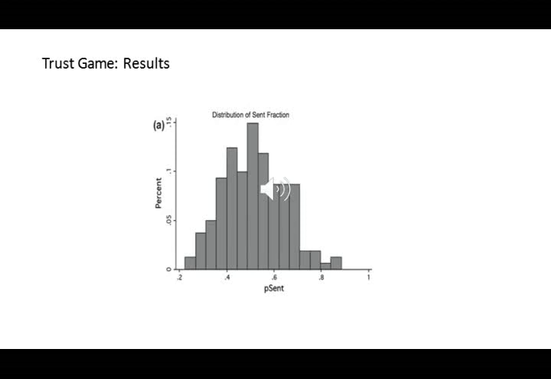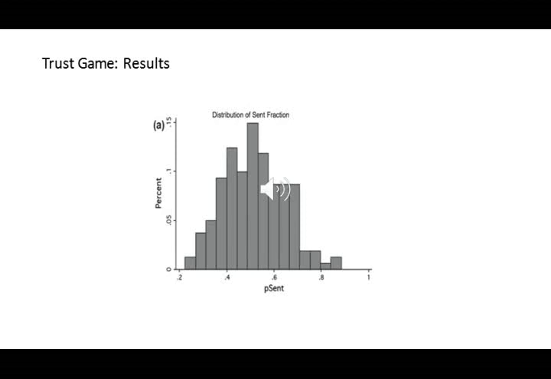This is the result from real experiments. As you can see, 50% of persons A sent 15% of their endowment to the other person, which is the highest bar in the middle. This reflects that 50% of those who played as A sent 0.15, which is 15% of their endowment